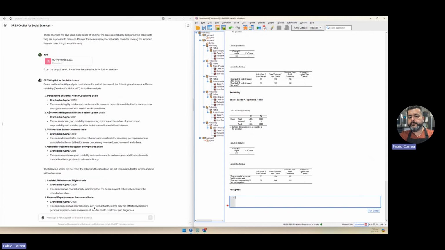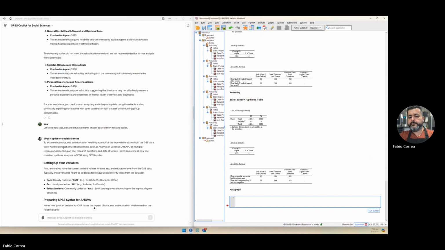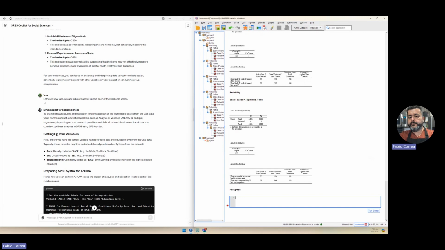So it looked up all the reliability tests and decided that it wants anything that is greater than 0.7. So these are the four that met the criteria, and these two did not. Okay, so great. So I selected four of the scales. Now I want to do some quick analysis on it. I say, let's see how race, sex, and education level impact each of these four